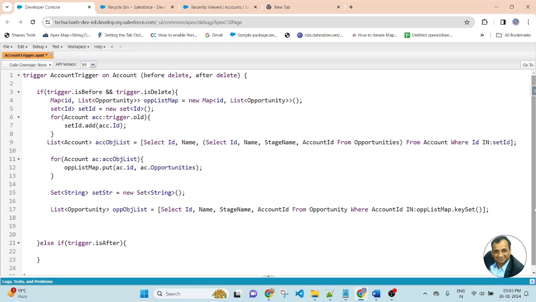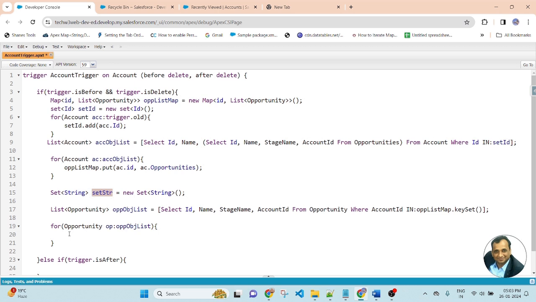After that, I will apply another one for loop for opportunity OP colon opportunity object list. Here I will store stage name. So here I created set of string.